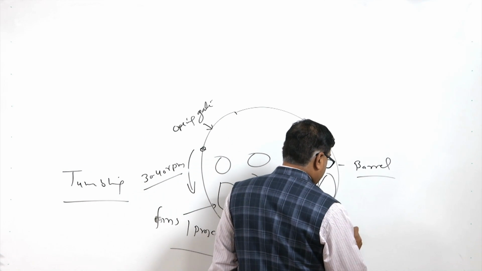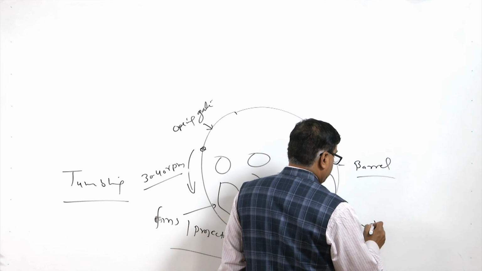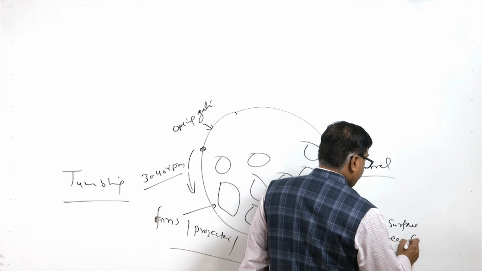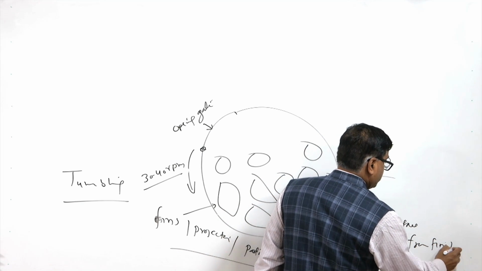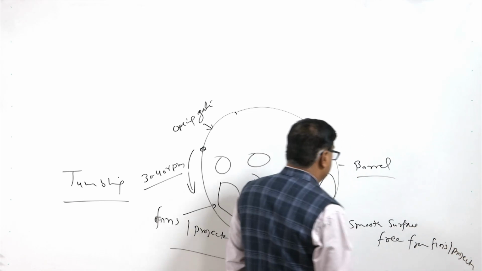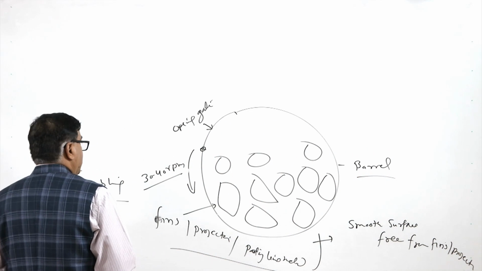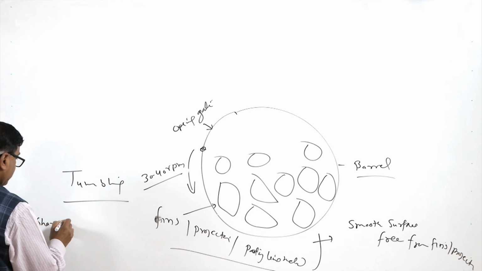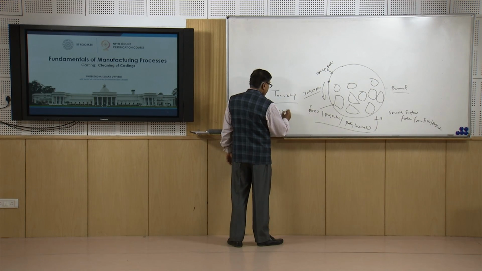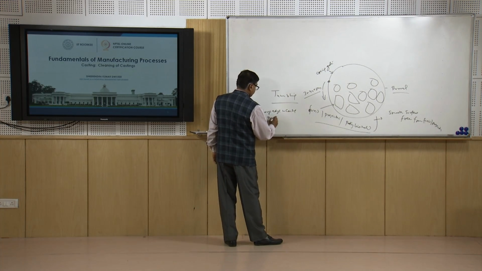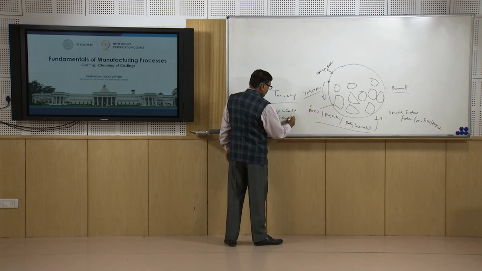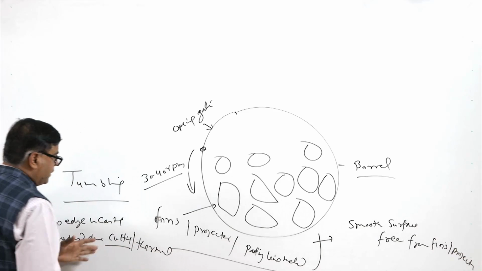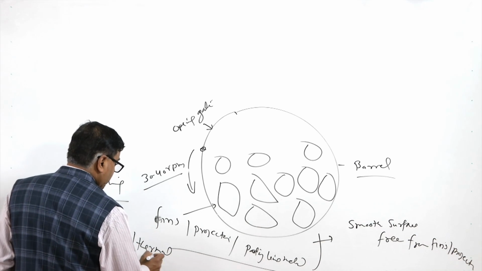So, after this we get a smooth surface free from fins, projections, etc. on the casting, and a very clean casting is achieved by this. Additionally, one more thing is done: if there are sharp edges in the casting produced due to mechanical cutting like machining or grinding, or thermal cutting methods,